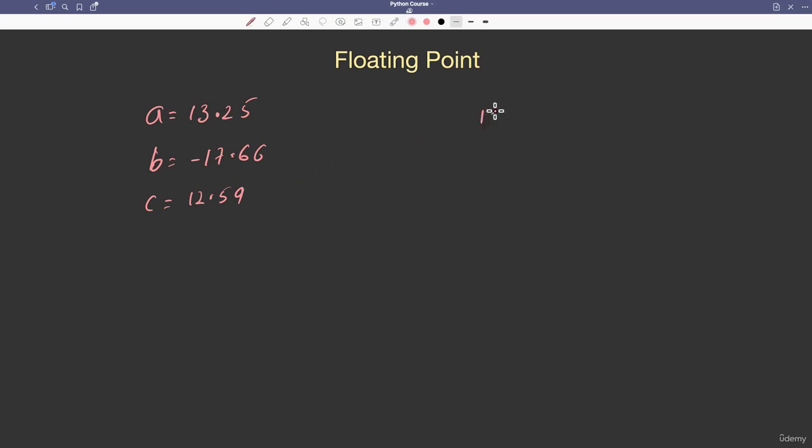Suppose I have a number 12.59. It can be written as 0.1259 into 100. So if I multiply this number with 100, the decimal point will move to this place, right? So this can also be written as 1259 into 10 square. 100 is nothing but 10 square. So this can be